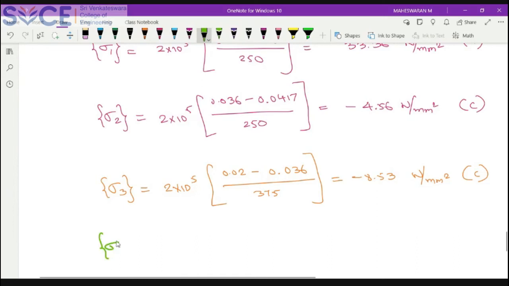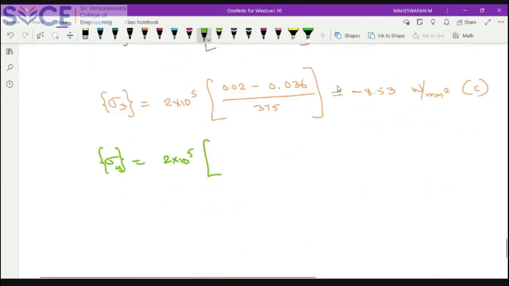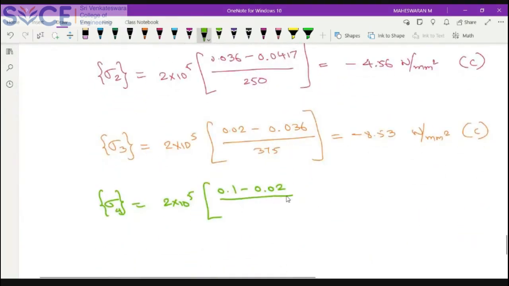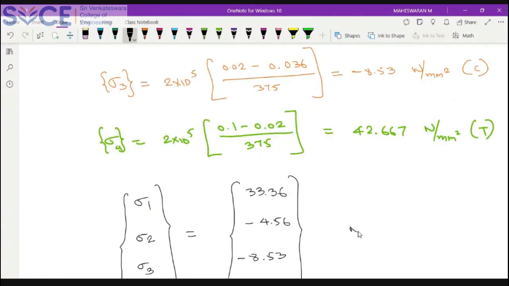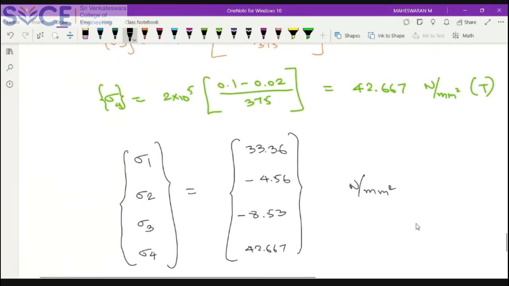The last one. Stress in element 4 will be equal to, again, 2 into 10 power 5. It is connecting 5 and 4. So 0.1 minus 0.02, divided by 375. You're getting 42.667 Newton per mm square. Tensile load, so a positive value. Are you getting this value? Yes, sir. Now,